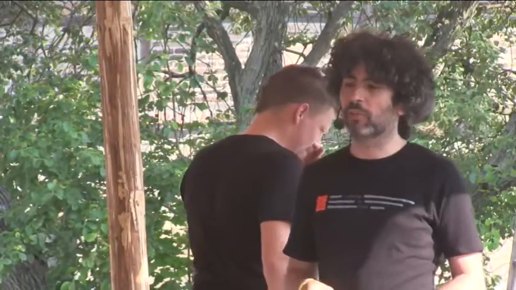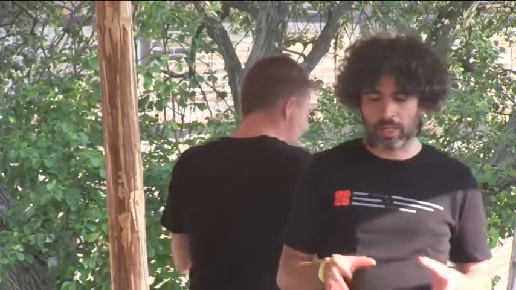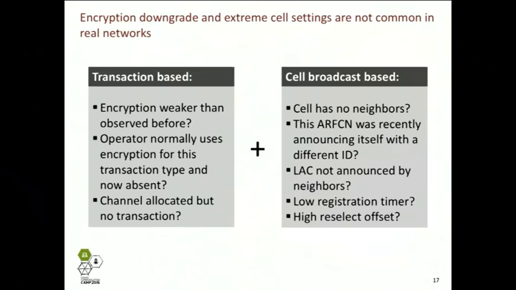As before, we have some criteria that are working in parallel. We have some analysis that works on the transactions, so calls and SMS that you try to send or receive. And there is some other logic that looks at the parameters of the network that are just announced by the cell. Something that can happen in this type of IMSI catcher is that not only are you still connected to this catcher, but